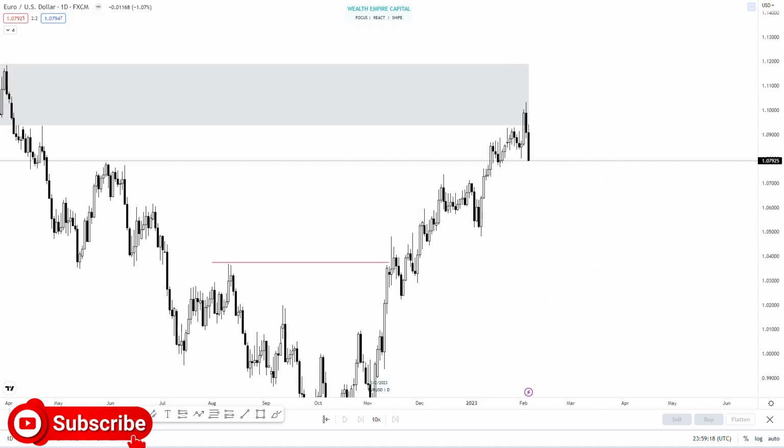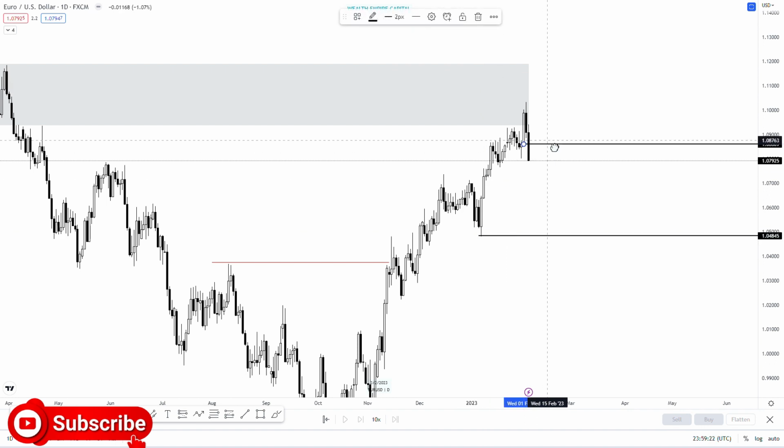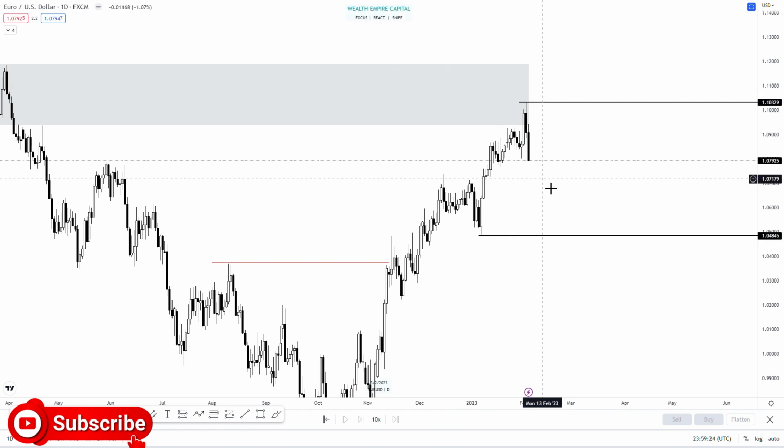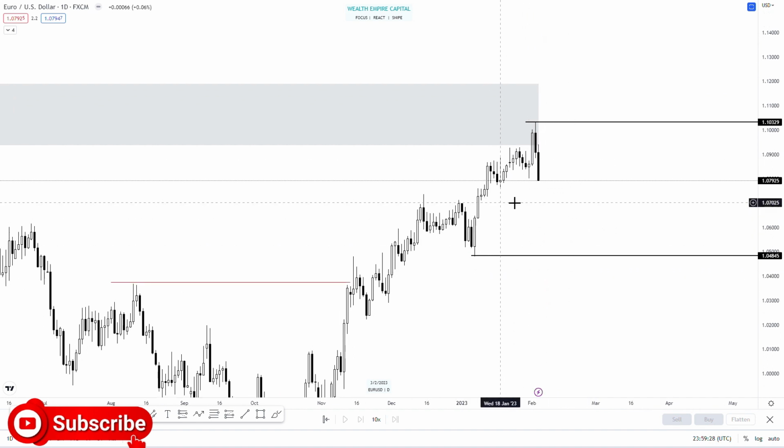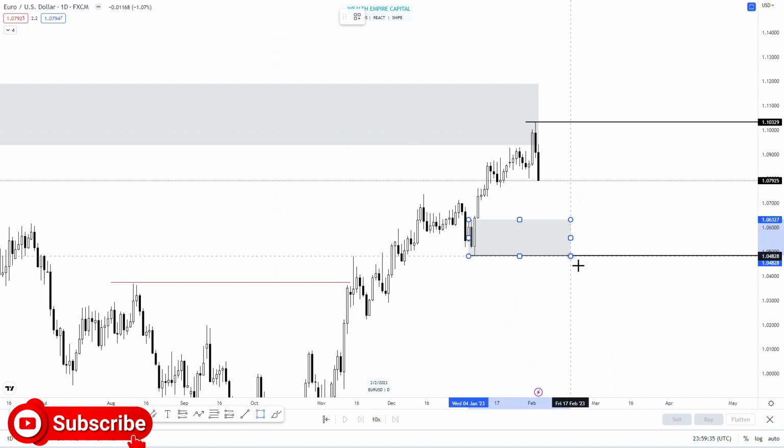So right here on the daily time frame, I have this wonderful low right in here all the way to this high as my trading range. Okay, so I'm going to be focusing on this leg, this push to the upside, right? So it means that I have some kind of a demand zone in here, right? Great. So I'm just going to mark this one nicely, and then probably when I step onto H4, I can